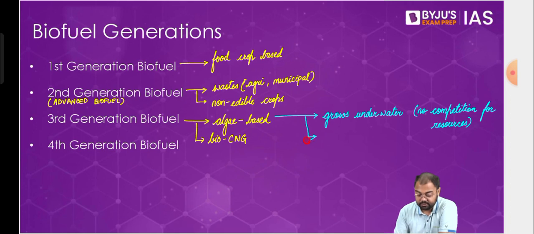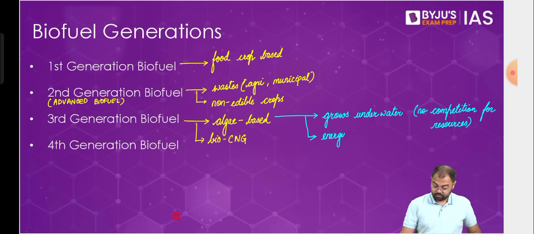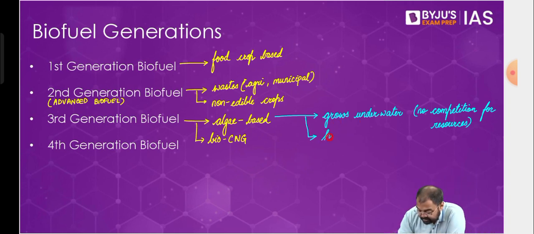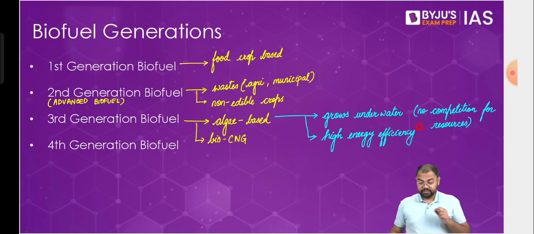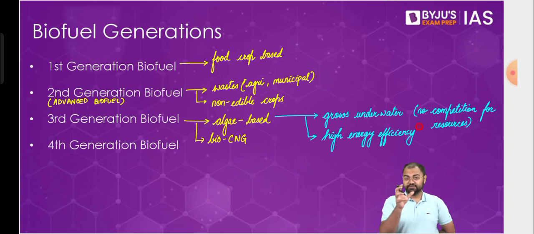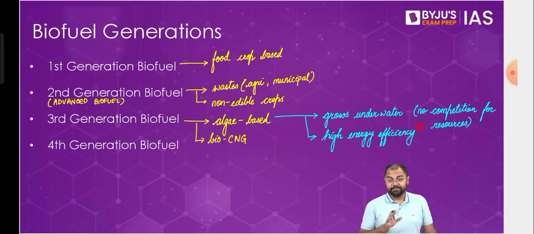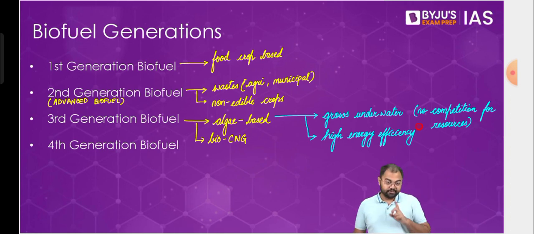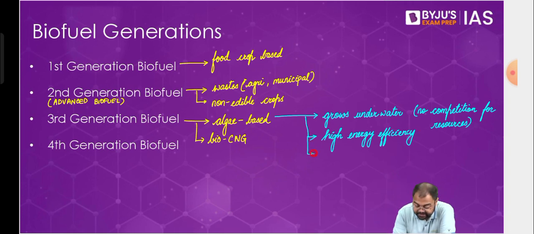Apart from that, their energy density is high, or let me write energy efficiency. They have high energy efficiency. What do we mean by this point? If you take a normal food crop, then food crop based biofuels would have somewhere around 40% efficiency, or maybe 35% efficiency. Compared to that, algae show more efficiency, meaning that 1 kg of algae will give you more heat as compared to 1 kg of corn or 1 kg of sugarcane. So that's again a very important point, and that's why we are saying that it has higher energy efficiency. Now, apart from that, one more point about algae is that they grow fast.